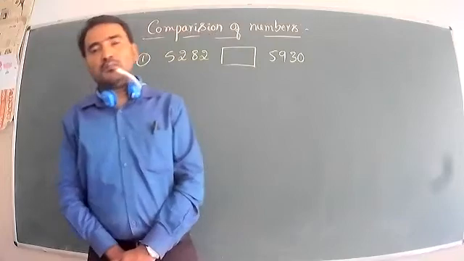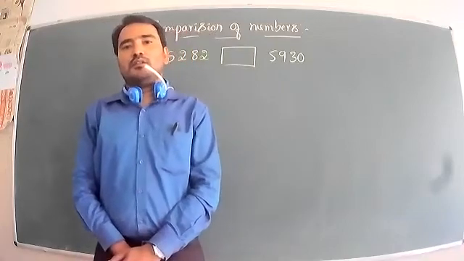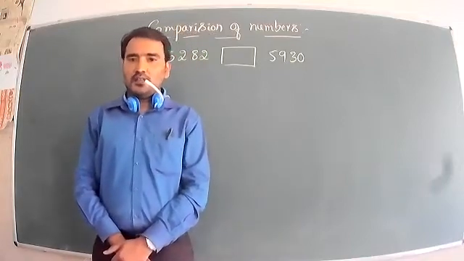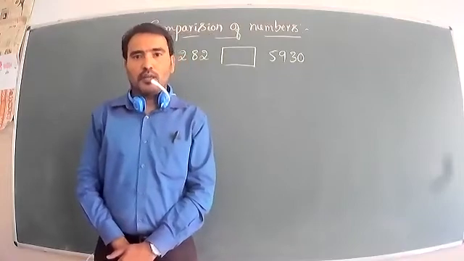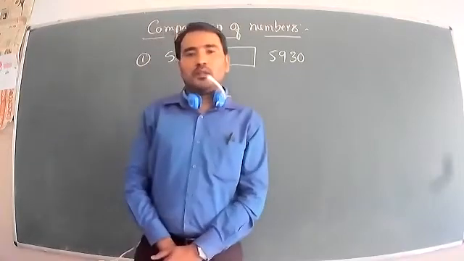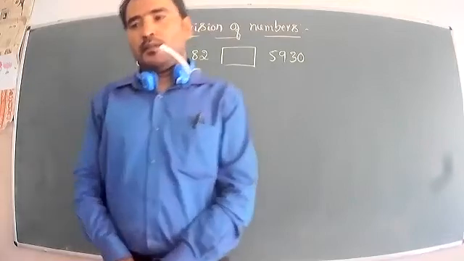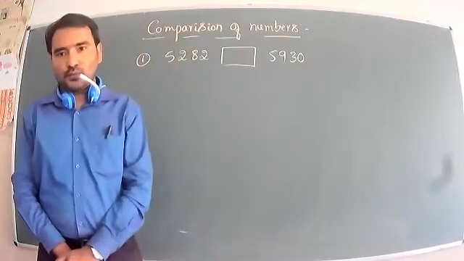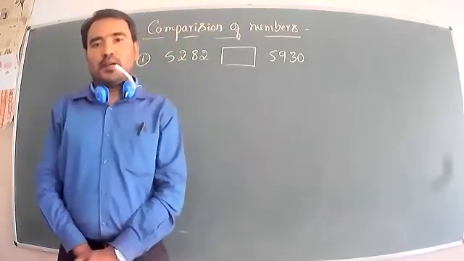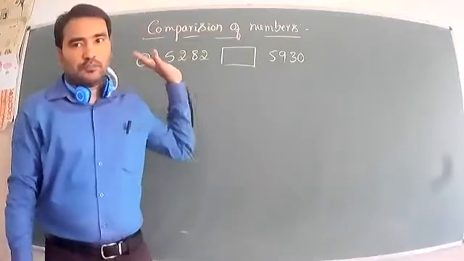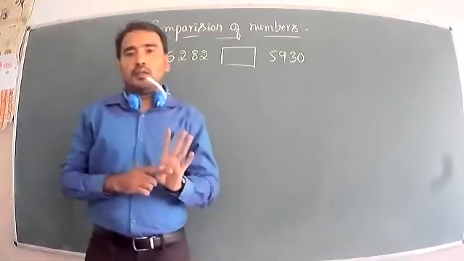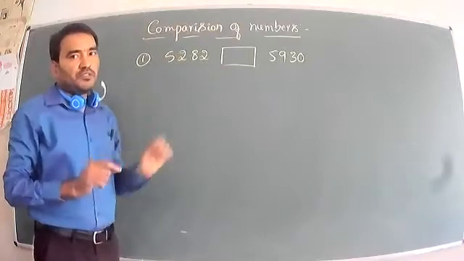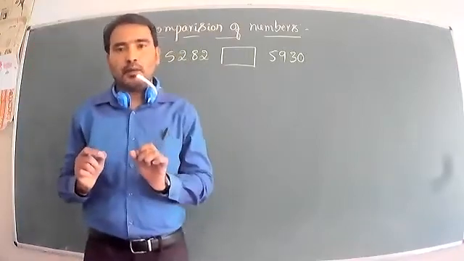To compare all the given numbers, we arrange them in ascending order and descending order. To compare the numbers, always begin with the leftmost place. When you start the comparison, begin with the thousands, because you have learned 4-digit numbers. The biggest value is 1000, so first we compare thousands.